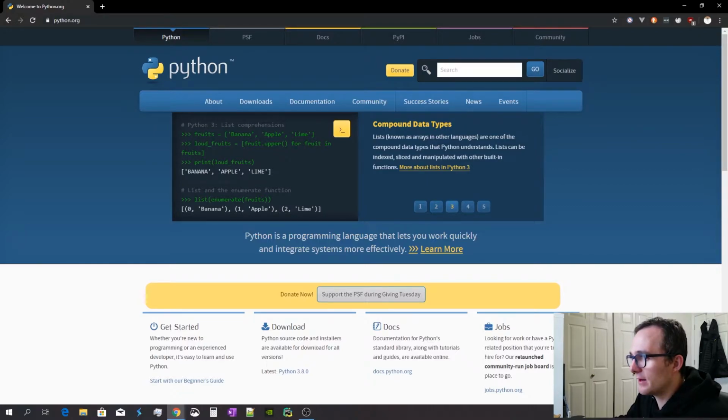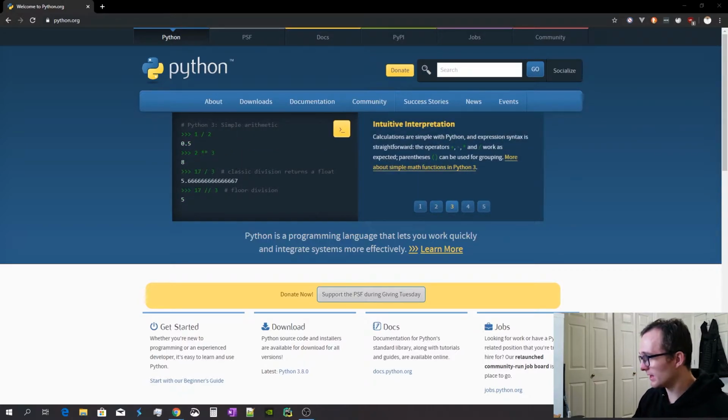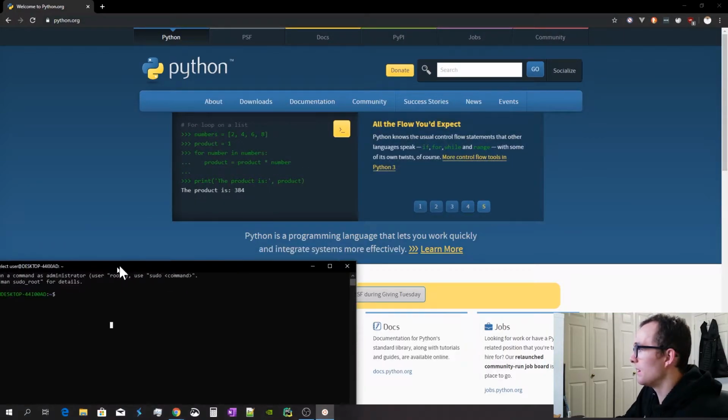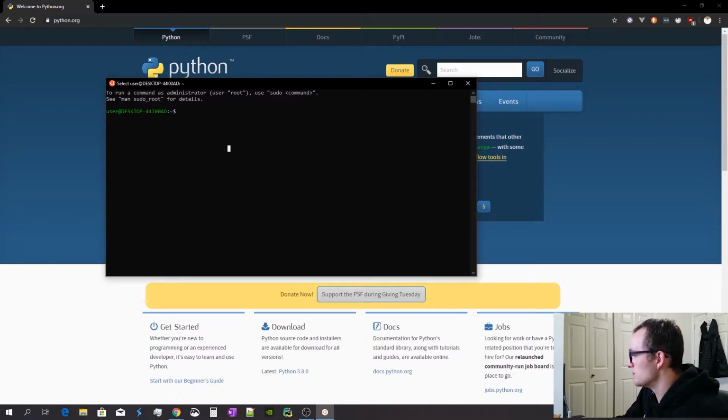And on Linux, if you're using Linux, it should come with Python 3. I've got the Linux subsystem for Windows running here. This is essentially a terminal that runs Linux. I'm pulling it up over here. So it's Ubuntu 18.04. And to make sure that your Linux has Python 3 installed, you're going to open up a terminal and